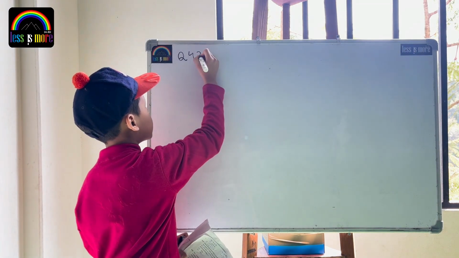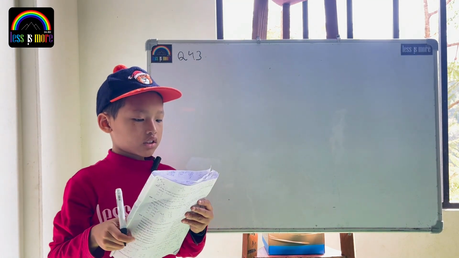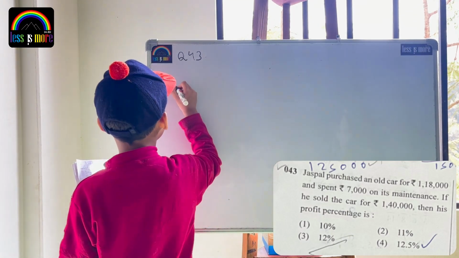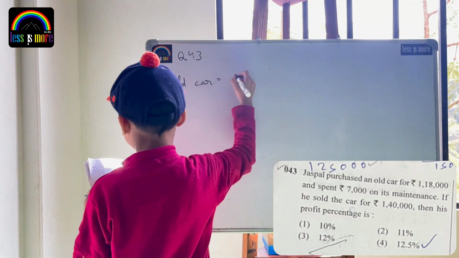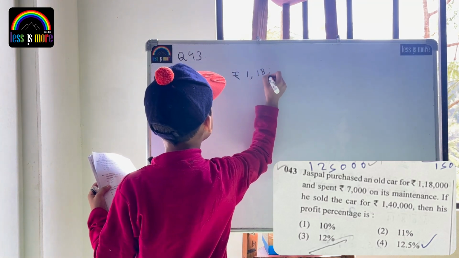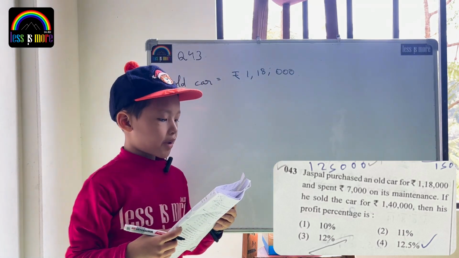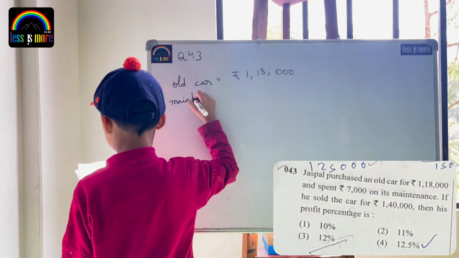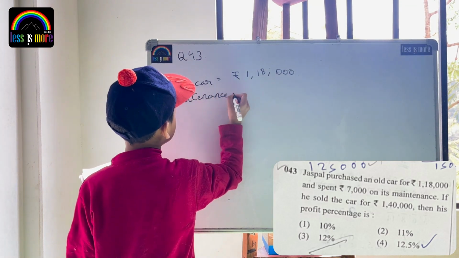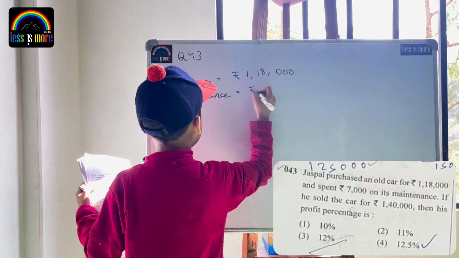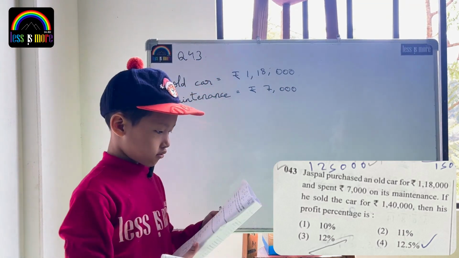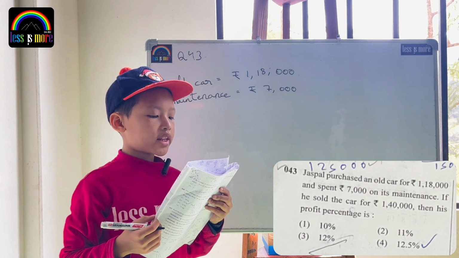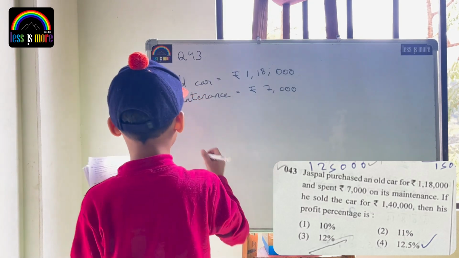In the next question, question number 43, it asks, Jasper purchased an old car for rupees 118,000 and spent 7,000 rupees on its maintenance. If he sold the car for rupees 1,40,000, then his profit percentage is